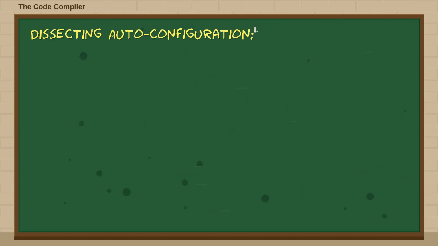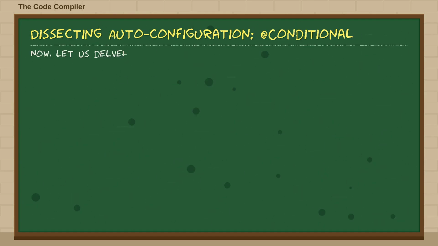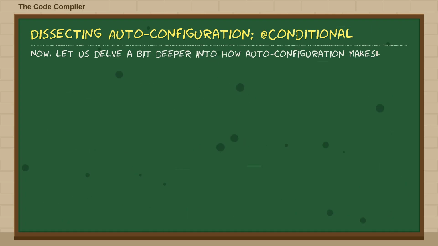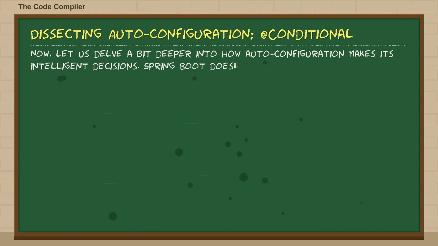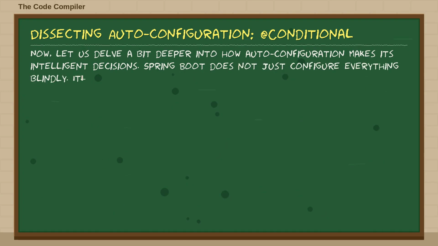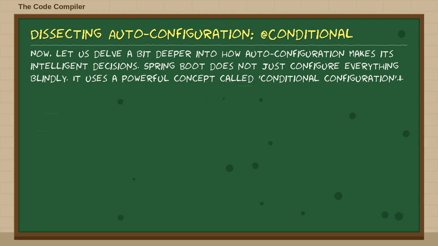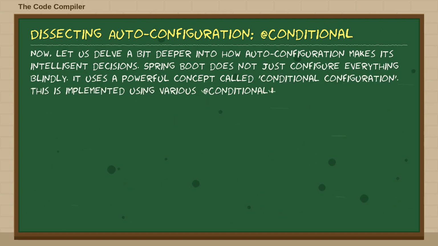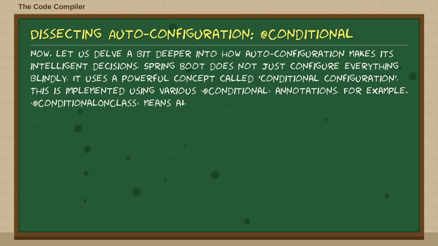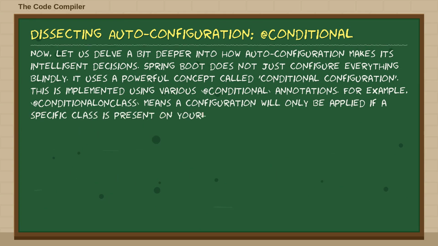Now, let us delve a bit deeper into how auto configuration makes its intelligent decisions. Spring Boot does not just configure everything blindly. It uses a powerful concept called conditional configuration. This is implemented using various @Conditional annotations. For example, @ConditionalOnClass means a configuration will only be applied if a specific class is present on your application's class path. Similarly, @ConditionalOnMissingBean ensures that a bean is configured only if you have not already